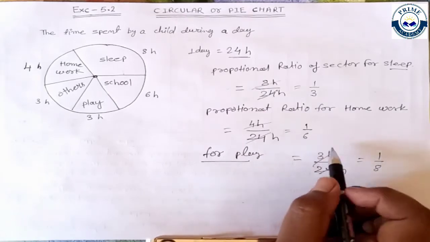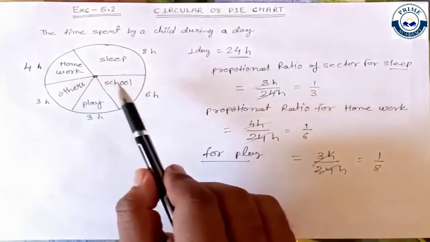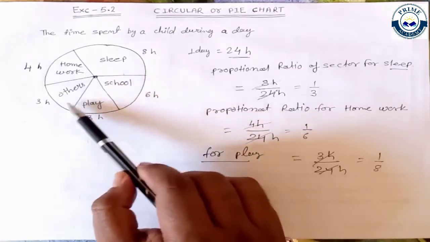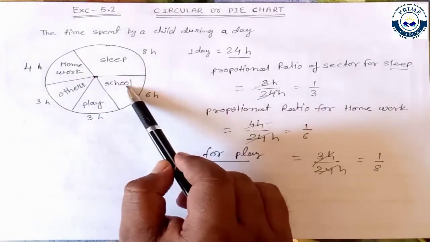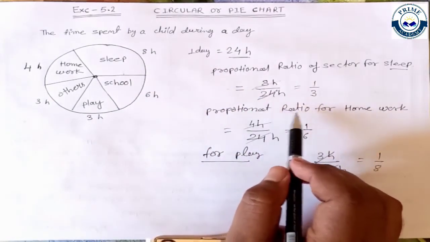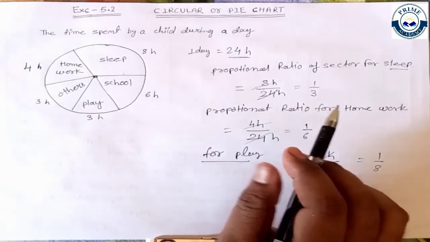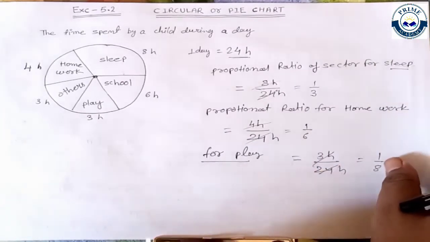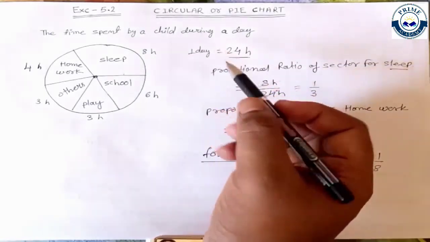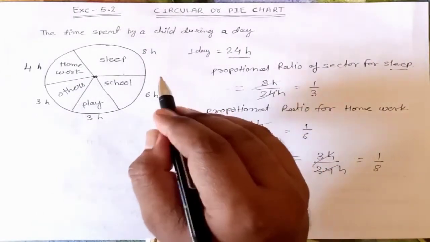Now move on to the next. You can observe from this diagram how the time is divided in the sectors, and how much proportion each sector is containing, right? Now next one, we will see, if suppose this was the pie chart given. Suppose the pie chart is not given and there is data, how will we represent that data in a pie chart, we will see here.